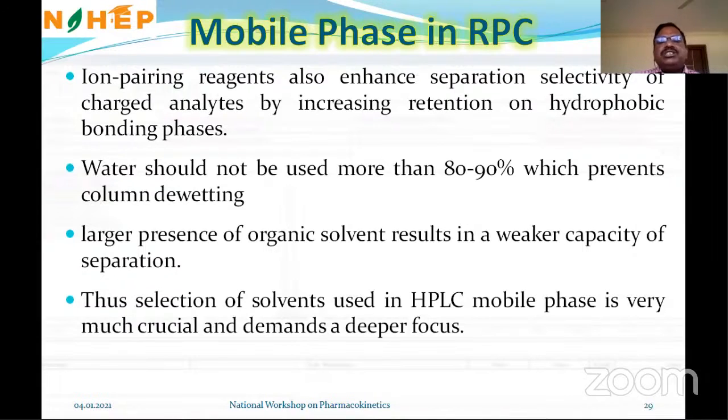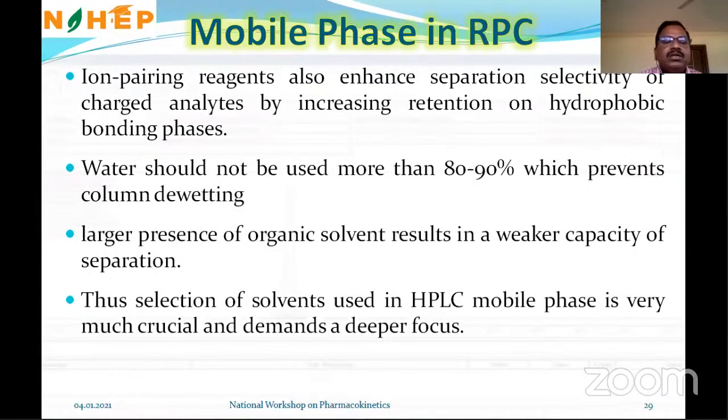So ion pairing agents also enhance the separation selectivity of the charged analytes by increasing the retention on hydrophobic bonding phases. Water should not be used more than 80 to 90%. So this prevents the column dewetting. That means more water trapped in the column, and that will prevent the non-polar solvents from diffusing through